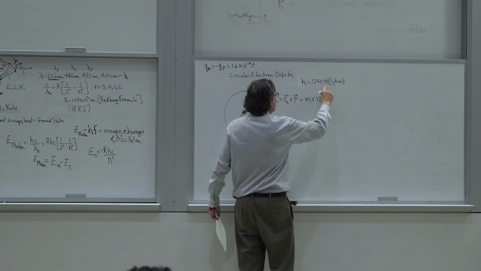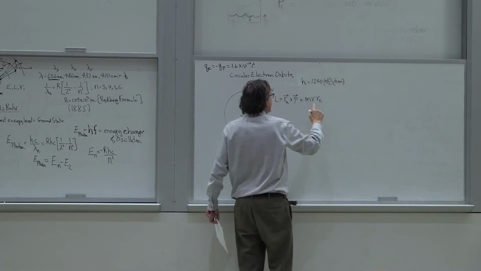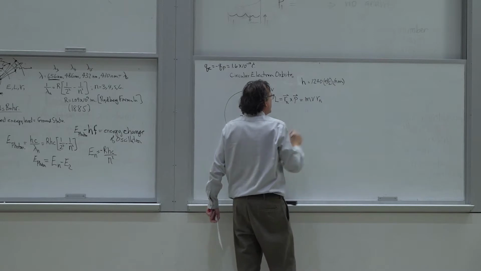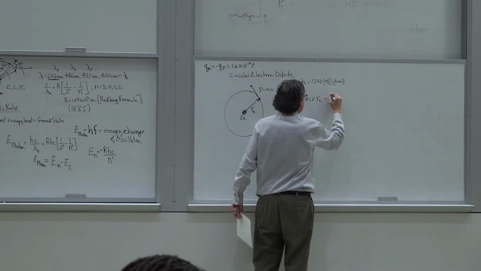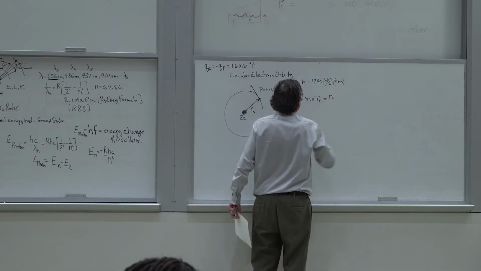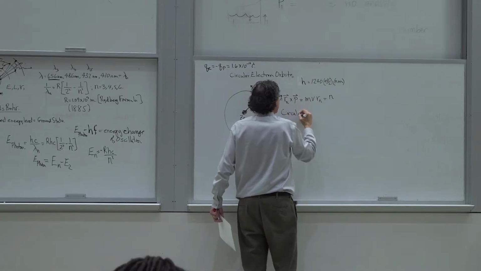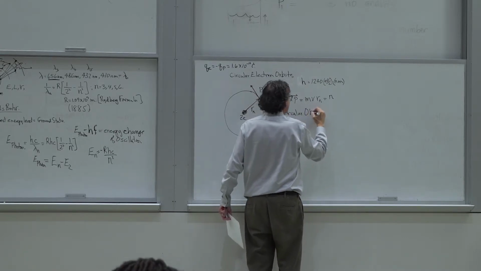And momentum times distance has units of angular momentum, because this is momentum times distance. And therefore, Bohr assumed that the circular orbits have quantized values